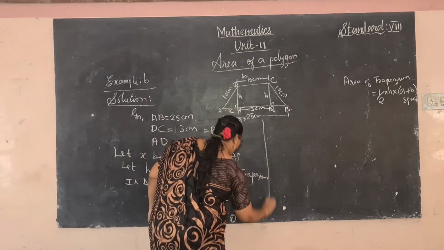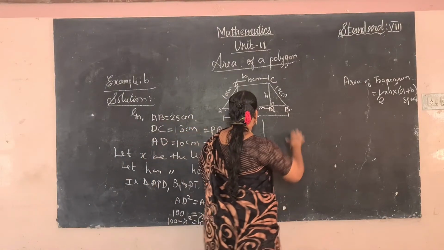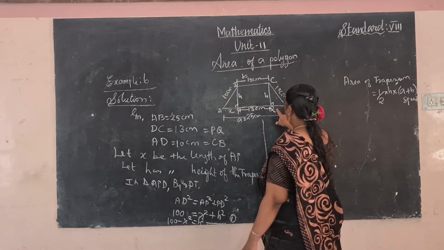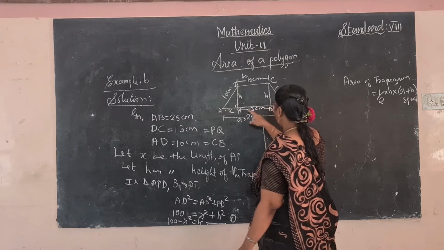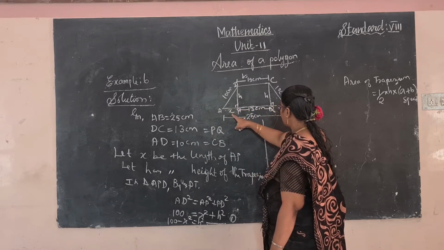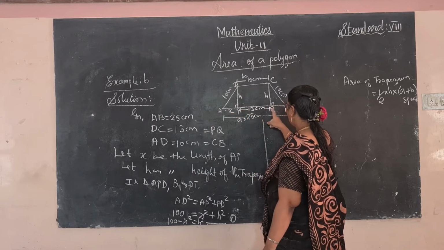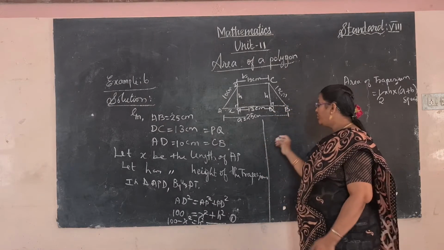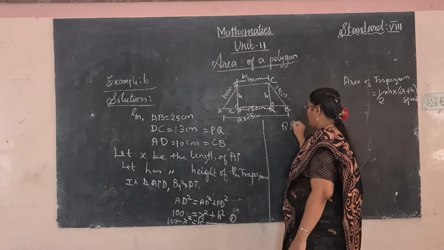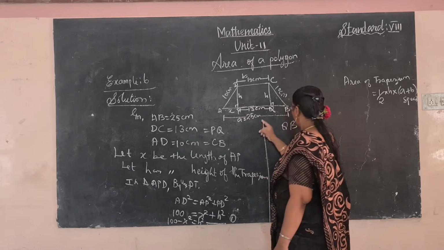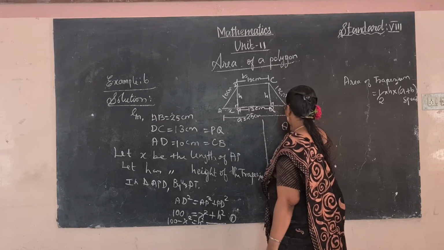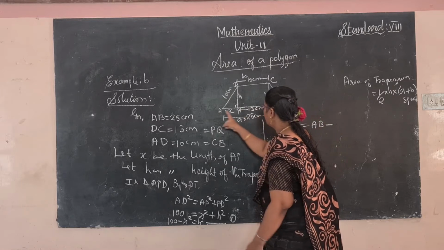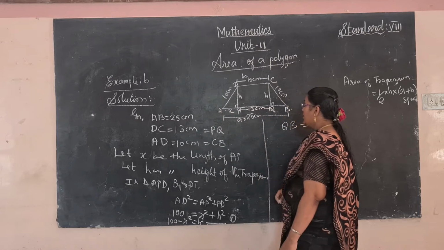Okay, and next one, now we compare this side. You know the value of x here, 13, but we didn't know the value of QB. How can you find out the QB? You know the total length. So total length, what is that? AB minus, and in the total length we can subtract the distance. Is it? So what is that?